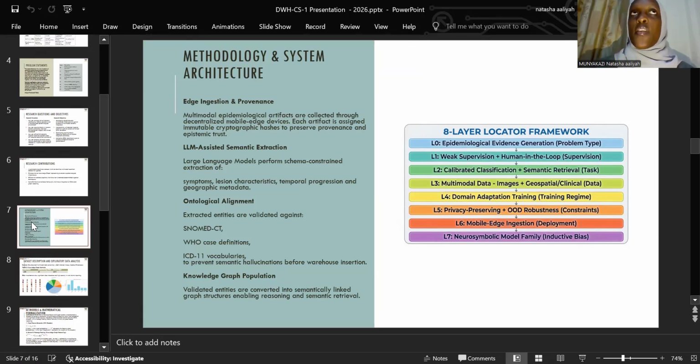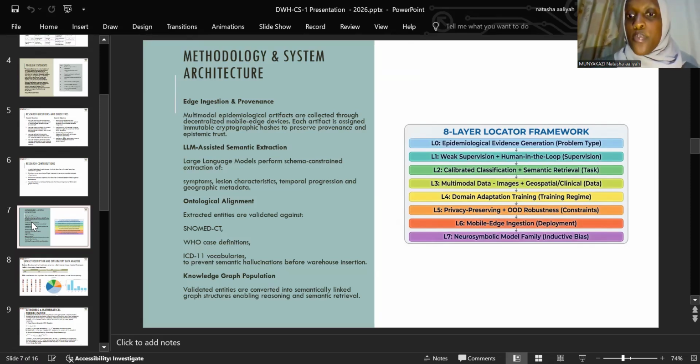But the methodology begins with decentralized mobile edge ingestion. The community reporters submit images and metadata using mobile devices. Then each artifact is assigned a cryptographic hash to preserve the provenance and trust. Remember, we said we also want to try and improve trust. So we have to bring in these cryptographic hashes. Then